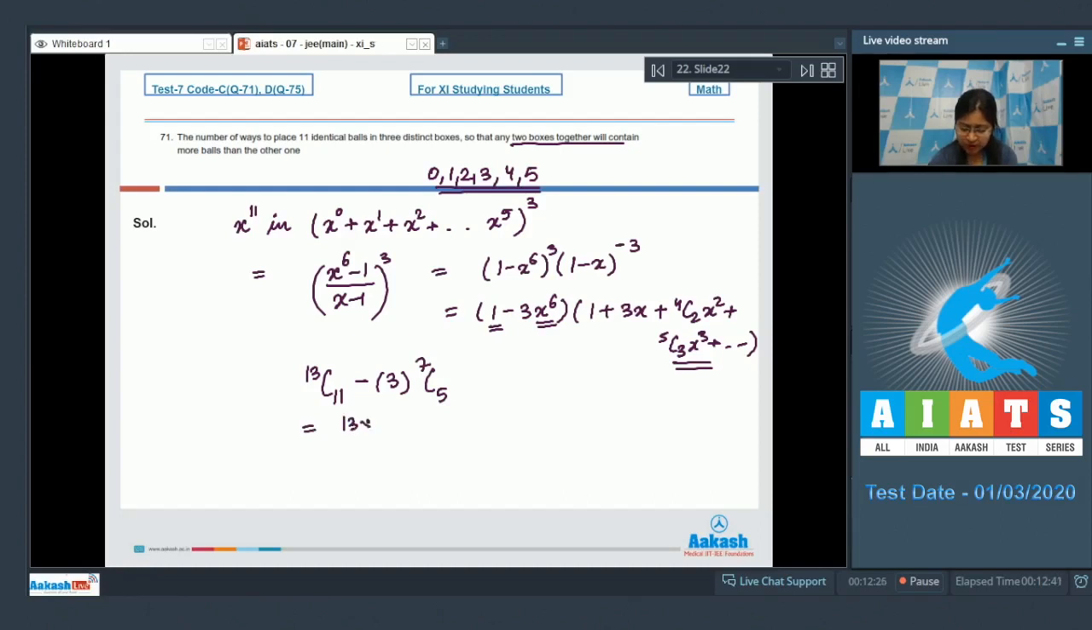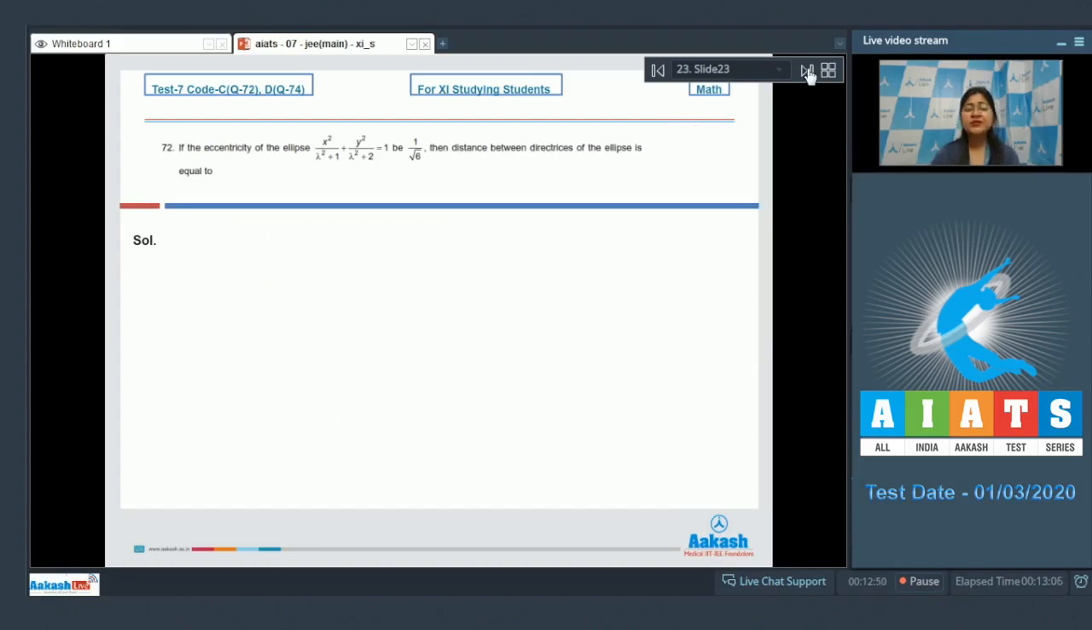Now this is equal to 13 into 12 divided by 2 minus 3 into 7 into 6 divided by 2. So this is equal to, taking 3 common, we have 26 minus 21. So this is equal to 15. So answer is 15. Next is question number 72, which says if the eccentricity of the ellipse be 1 by root 6,